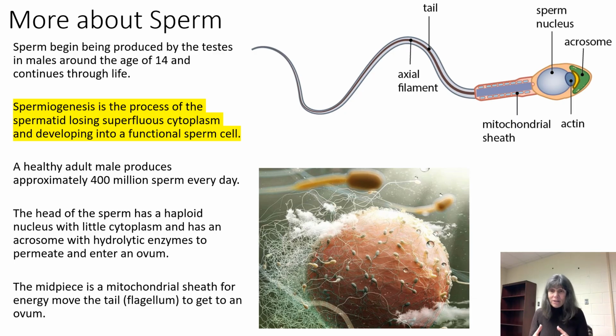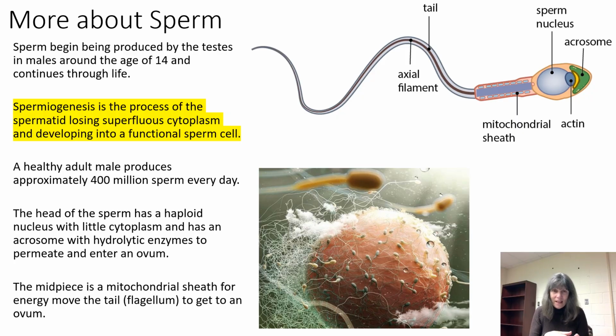And this happens around puberty, which is usually about the age of 14 for males, and continues throughout the life of the male. So spermiogenesis is the process of the spermatid losing the excess cytoplasm that would be around the nucleus of that